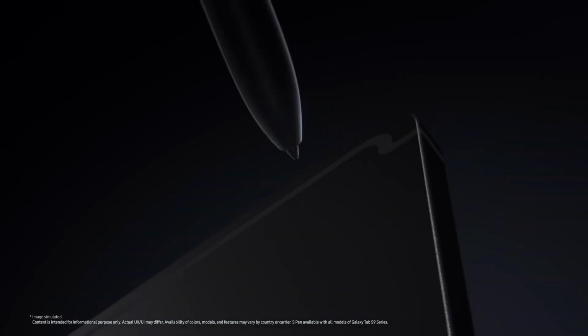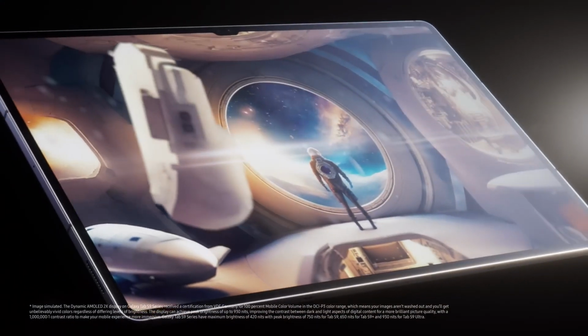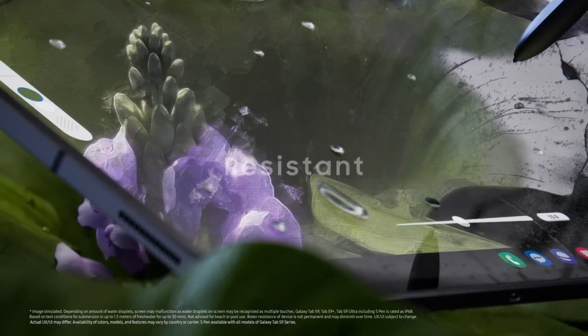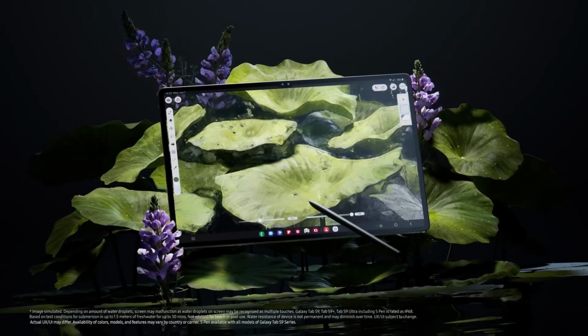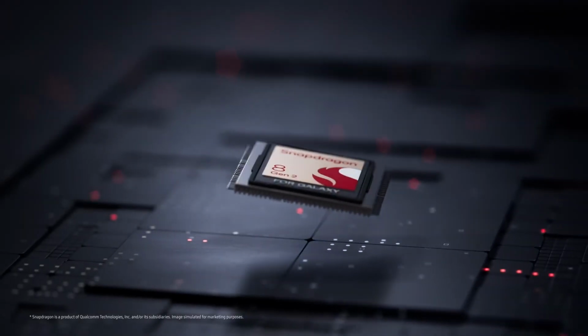We now take a closer look at the middle model of the Galaxy Tab S9 series to find out whether all that also results in a good tablet. The aluminum case of the Samsung Galaxy S9 Plus is protected from water and dust according to IP68. While you could theoretically also take the Galaxy Tab S9 Plus with you snorkeling underwater, you shouldn't go deeper than